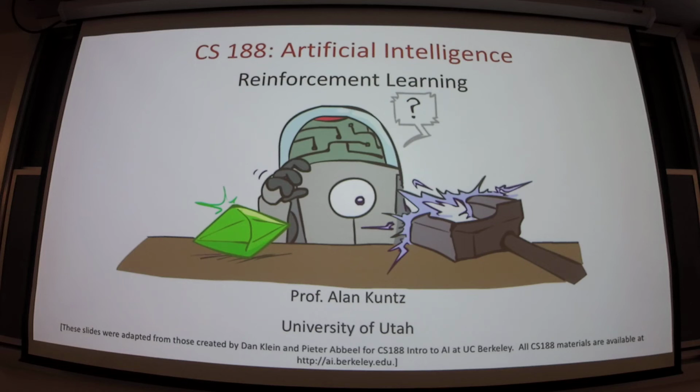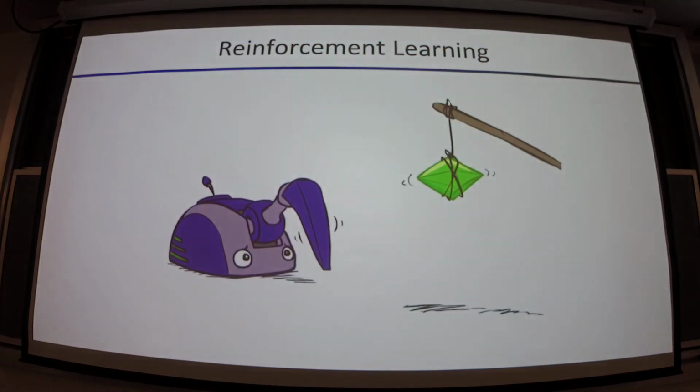Okay, reinforcement learning. So the idea is, in a very, very broad, very overly simplified sense, we have some agent. That agent does things, and it accumulates rewards as a result. So we have this little guy trying to get the gem for obvious gem-related reasons, and it needs to learn how to do it. Right?